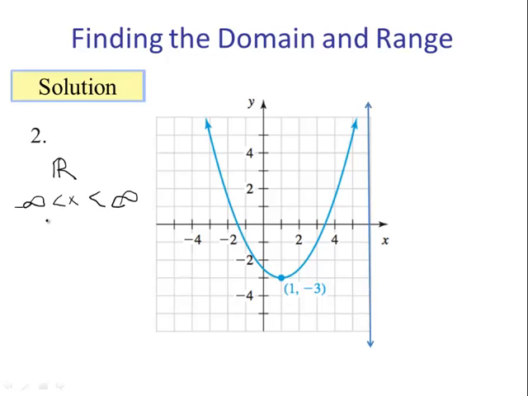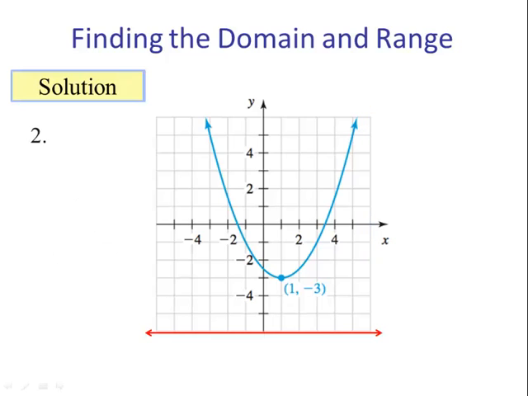We don't put equal signs because we can never equal -infinity or +infinity. In interval notation, we say -infinity, comma, +infinity. And again, we use parentheses. For the range, we slide our pencil on the y-axis,